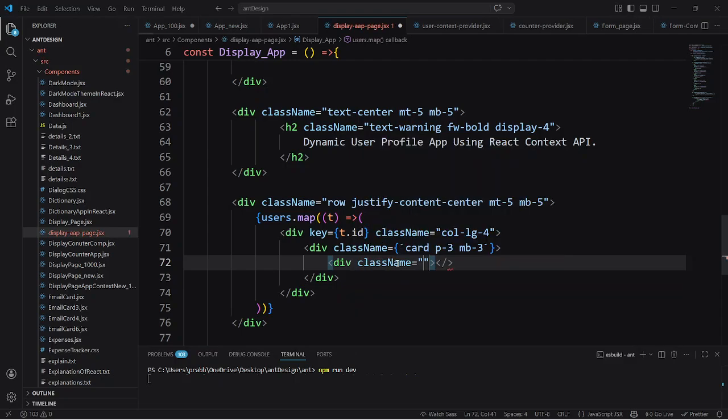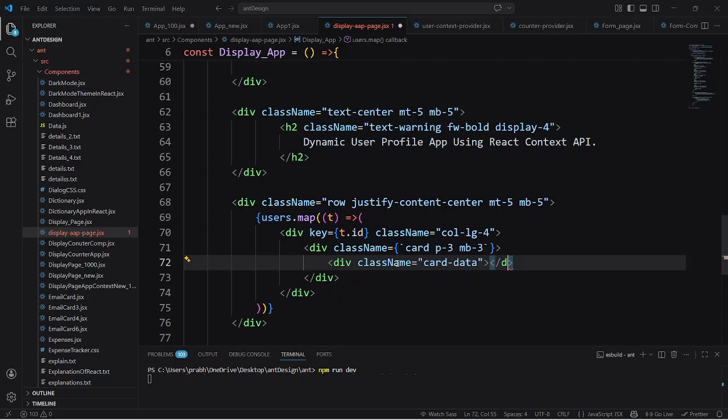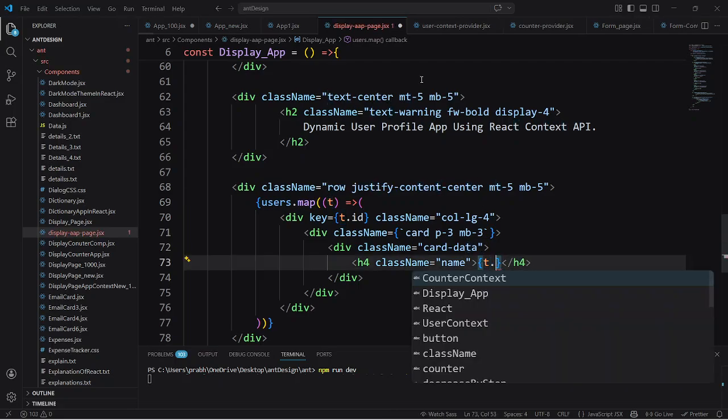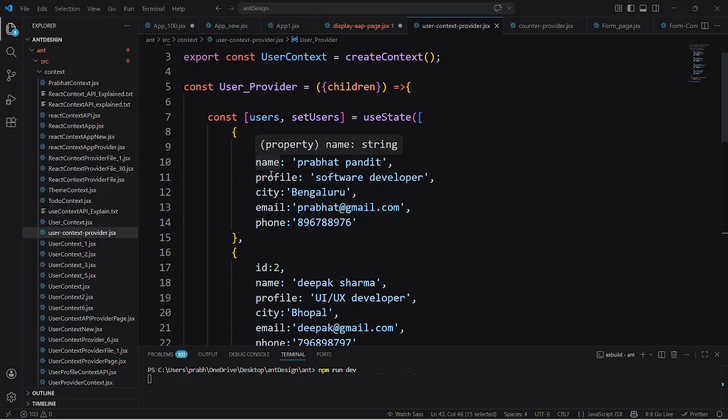Inside this div give the class as card data. So card data, close this div now, and now I'll create here an h4 element, close this, give the class as name, and I'll use here t dot name to show the name of the user. To show the name of the user, we will give here name to show the name, profile to show the profile, city to show the city, email to show the email address, phone number to show the phone number of